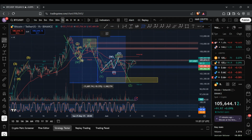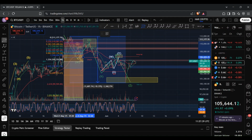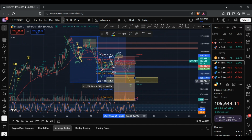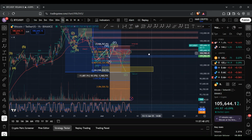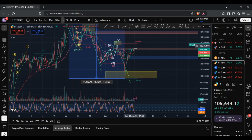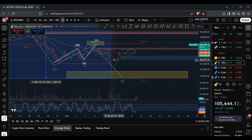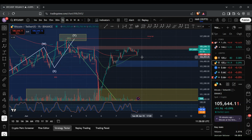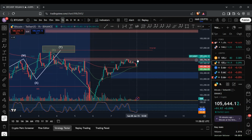So very quickly, what I'll do is I'll draw that in. Like so, and so yeah, this region is a 1 to 1.226 retracement of the W wave, and as you can see, we ended up tapping into that region, and since then we've seen a nice bump to the upside, where we ended up breaching past both the 50 EMA and the 200 EMA, and we did have a short retracement to the downside, where we ended up finding support at both EMA levels, and since then we have seen